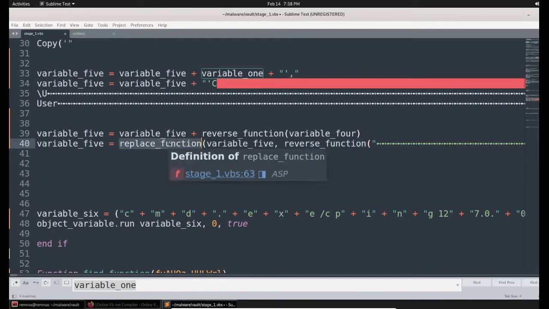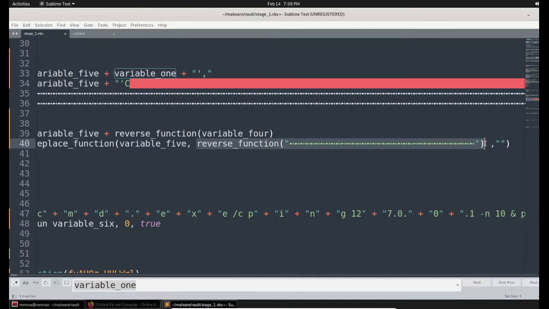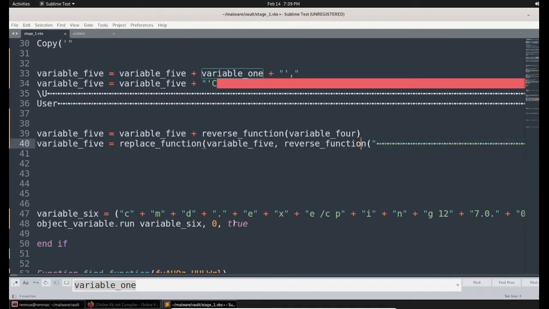The replace function contains 3 arguments. So this is the first argument, the string that needs to be handled, and in the second argument, the string that needs to be replaced. But instead of a plain argument, they are calling a function as the argument, and this function is the reverse function. Once again, they gave some non-writable characters. Though you reverse these non-writable characters, you will get the same outcome. So there won't be any change.